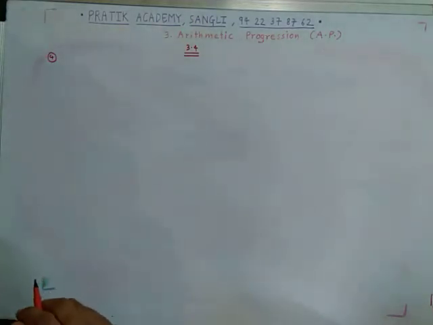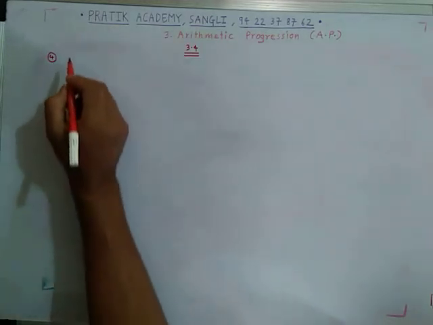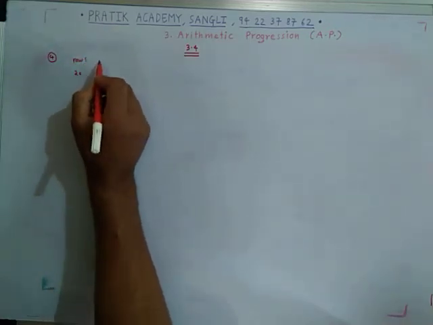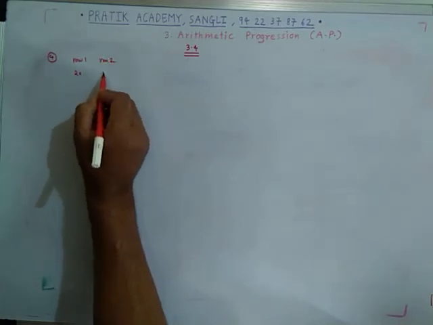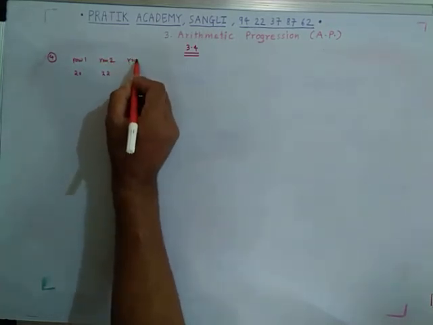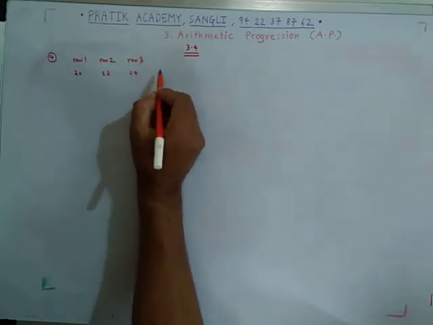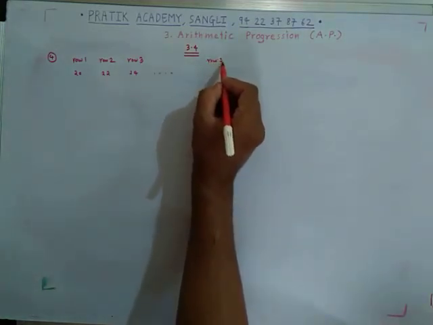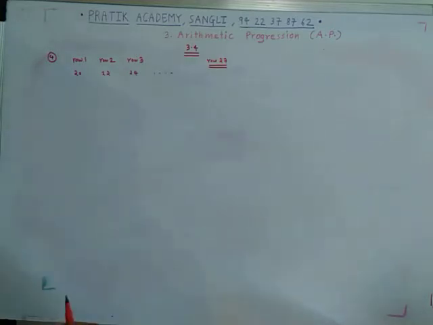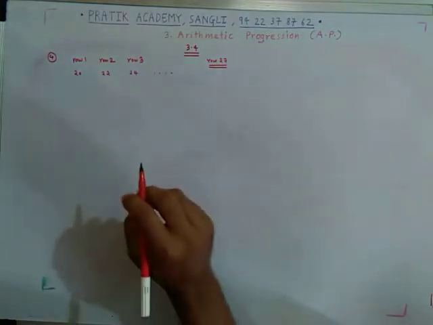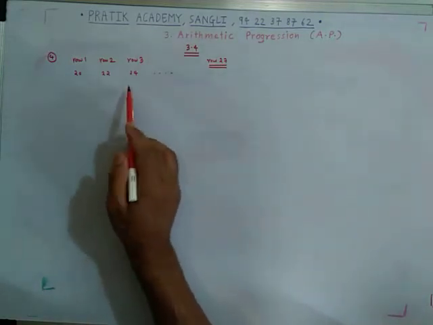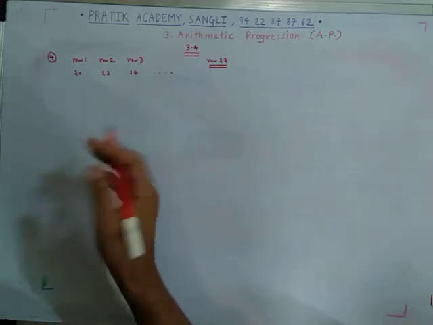So what is given? The arrangement of seats in the auditorium is given. In row 1 there are 20 seats, row 2 has 22 seats, row 3 has 24 seats, and so on. There are a total of 27 rows. Now, this chapter is arithmetic progression, so first check whether this arrangement is an AP or not.